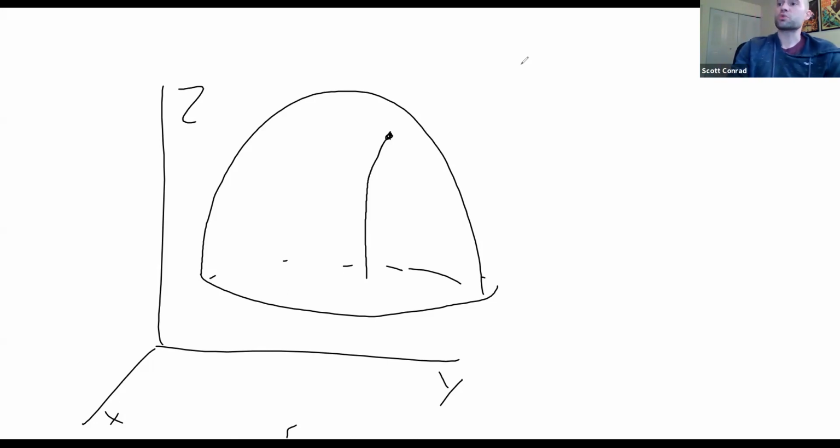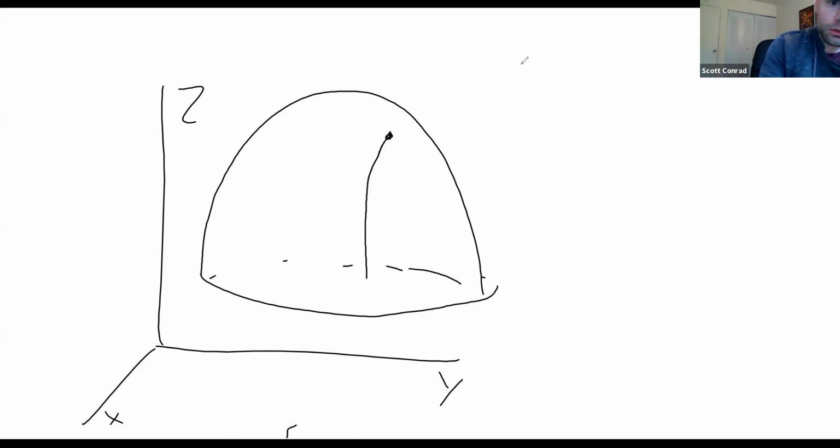Okay, so that's the partial with respect to x. Sorry, does that answer the question? It's a little difficult for me to put in words. Okay. What if you go in the y direction? Well, good question. If you go in the y direction, so you're walking in the y direction,